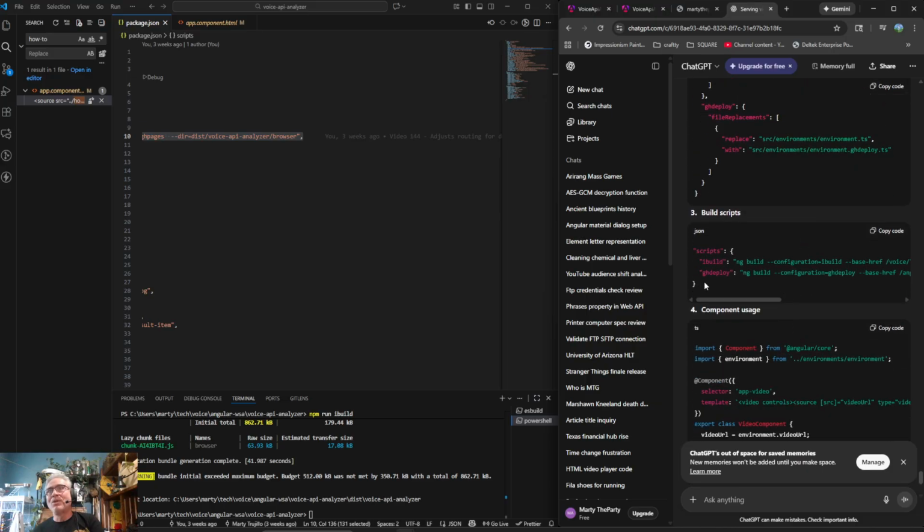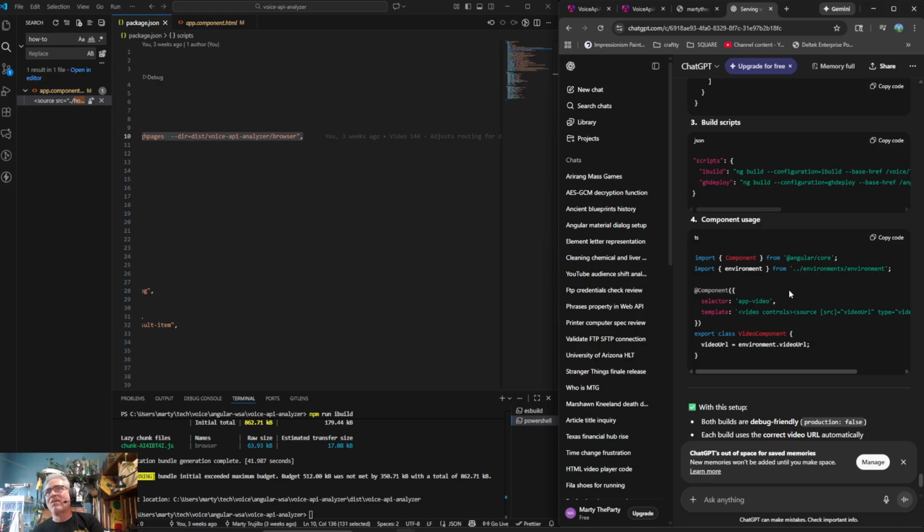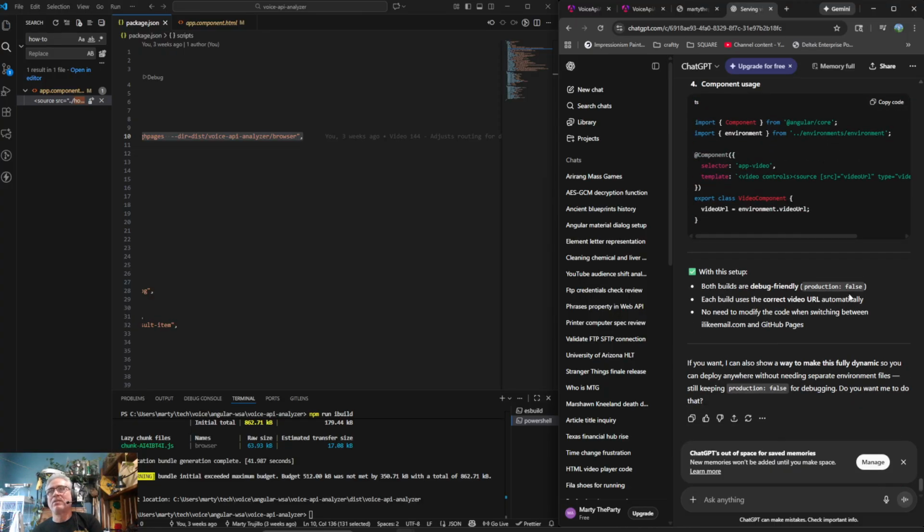Then in the build script, telling it which build, and then in the component itself, adding an environment variable and telling it to use the video URL, which will come from the iBuild.